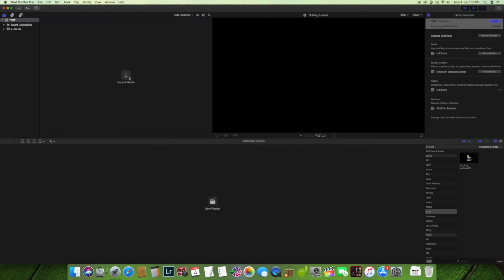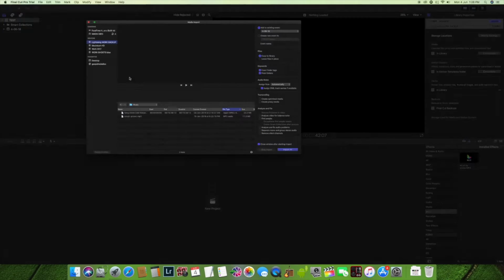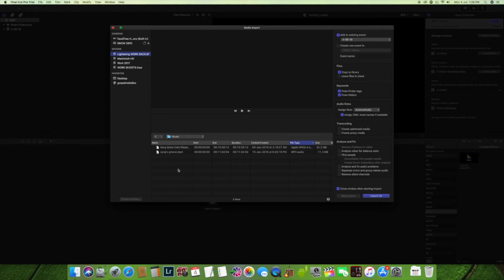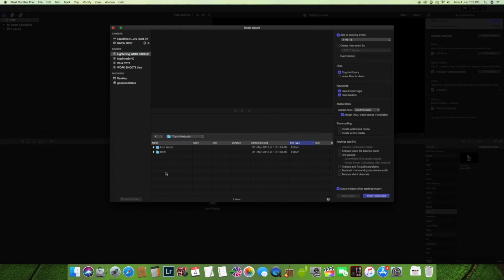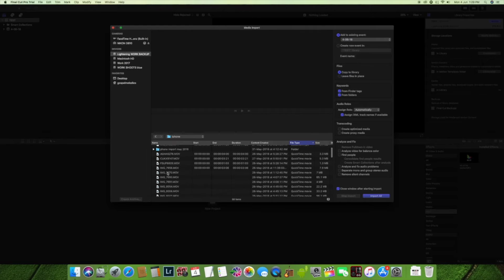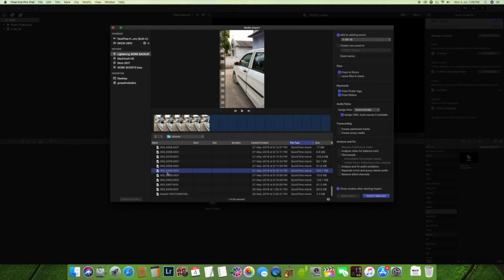Now test will say import media. So you import media. Now again, coming back to where you imported from, you go back to your folder. Always go back to your folder. Click on that. Now if you want footage, you go to raw. So you click on raw and you click on the iPhone footage, and you